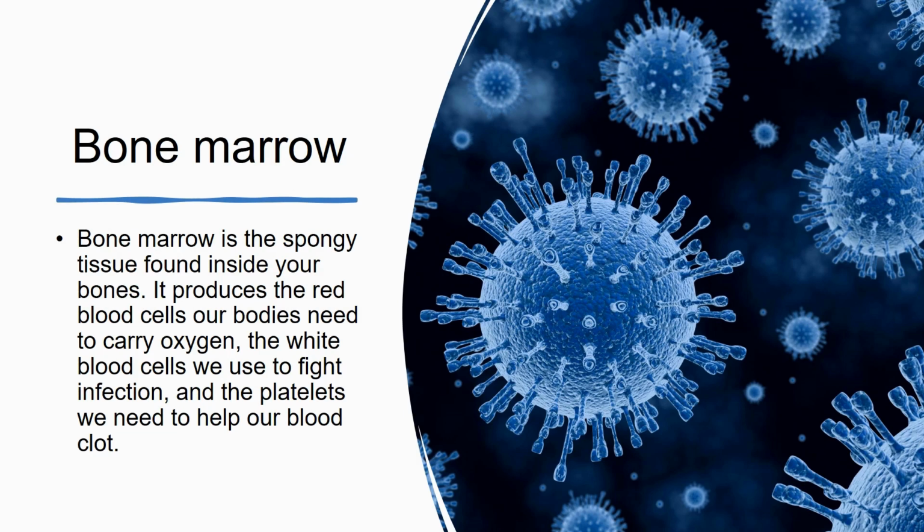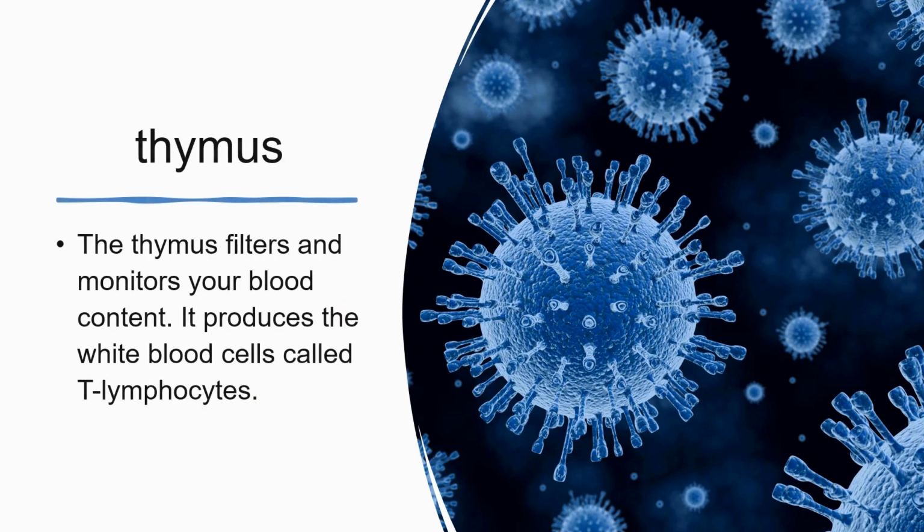Bone marrow. Bone marrow is the spongy tissue found inside your bones. It produces the red blood cells our bodies need to carry oxygen, the white blood cells we use to fight infection, and the platelets we need to help our blood clot. Thymus. The thymus filters and monitors your blood content. It produces the white blood cells called